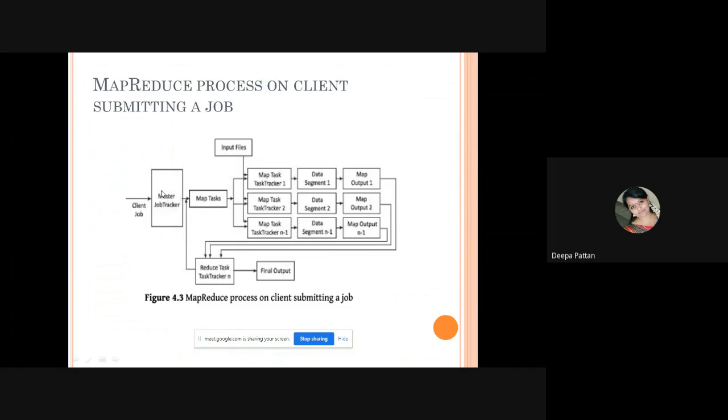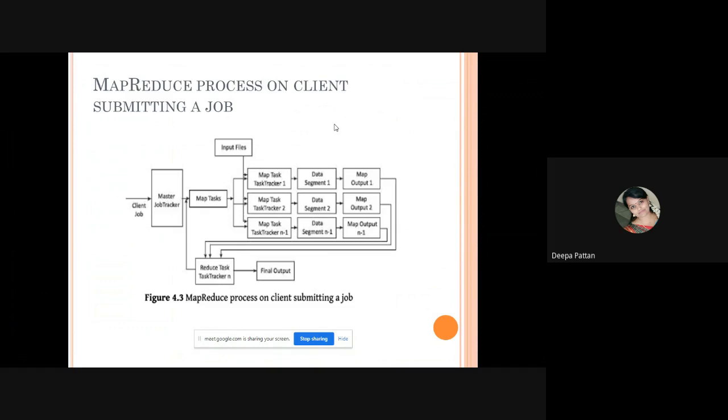So from the master job tracker, the job will be assigned to the map task, and this map task implements a map function which runs user application code for each key value pair of data, such as k1 for key 1 and v1 for value 1, where k1 is a set of keys and